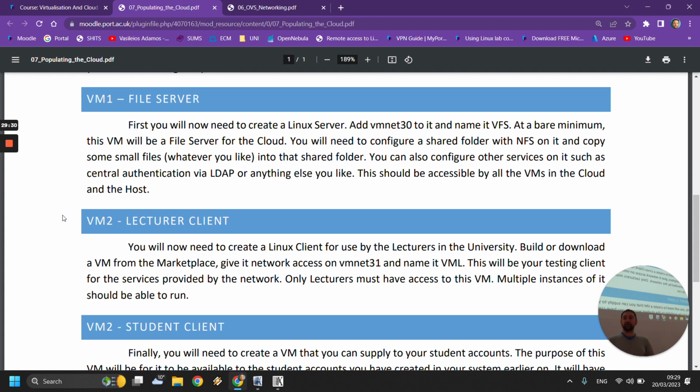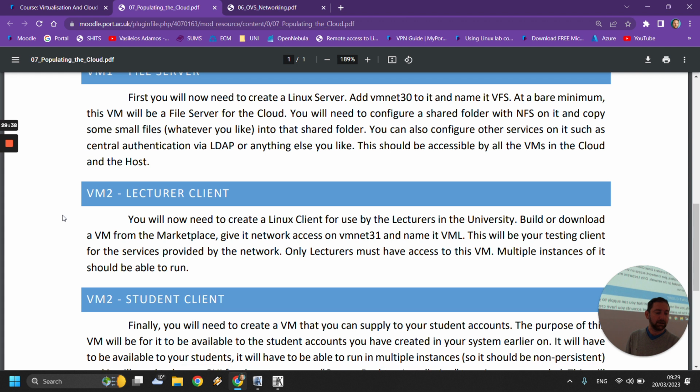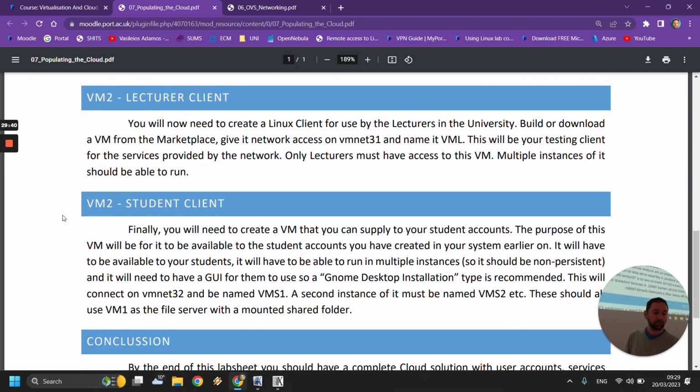So you need to have one server. You can basically use the vPrometheus 0 image in order to do that. It has everything that you will need inside it. And then the two client machines that I would like to have will be one for lecturers and one for students. Now you will need to experiment around with this a little bit, because I would like the lecturers' computers